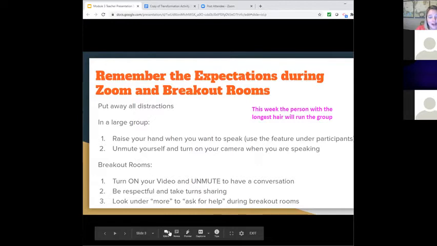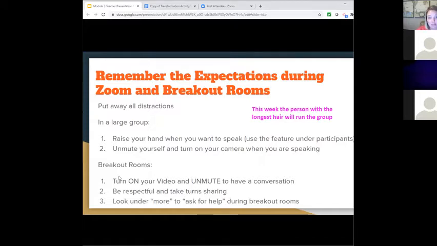Keep in mind that as you are in the main room, we're on mute, and you can choose to have your camera on or off. I know that it helps with bandwidth to have it off, but be ready to turn it on when we go into our breakout rooms. Your video should be on and you should be on mute when you're in your smaller groups. Be respectful, and we're going to have the person with the longest hair